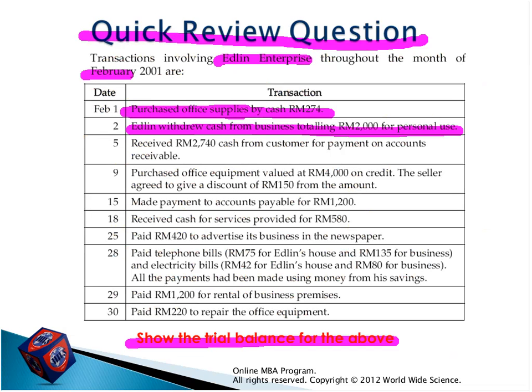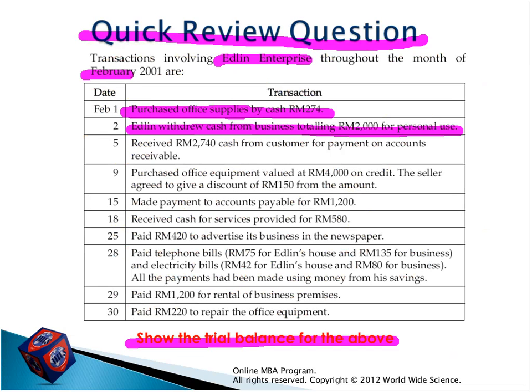As drawings is our expense, not our asset, we show it on the credit side for 2,000. It has been increased, right? Yes, right. You see, I'm already receiving your answers. You put the right side, so that means you do understand what you must do, how you must prepare the balance,